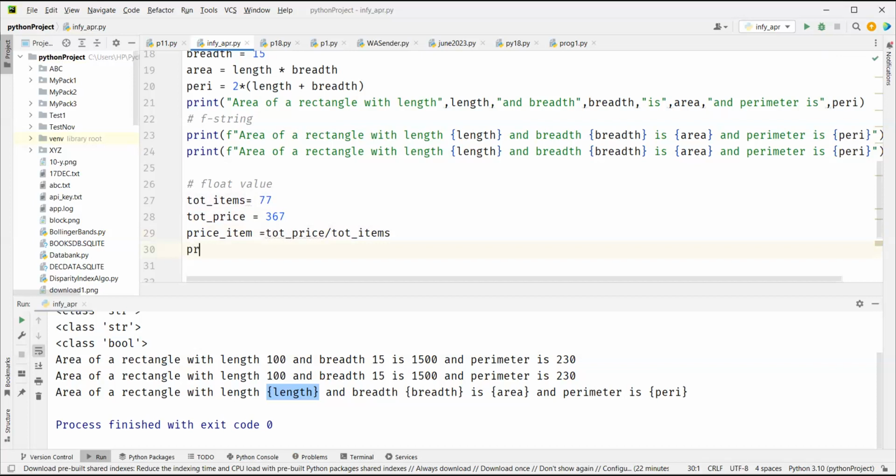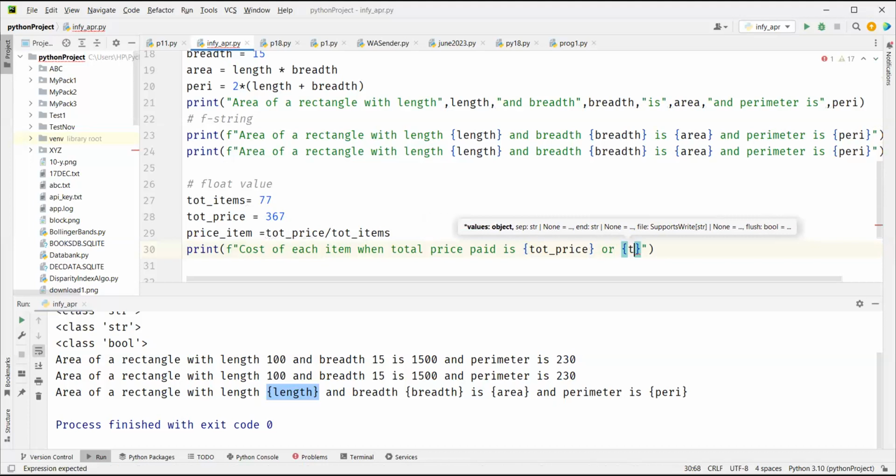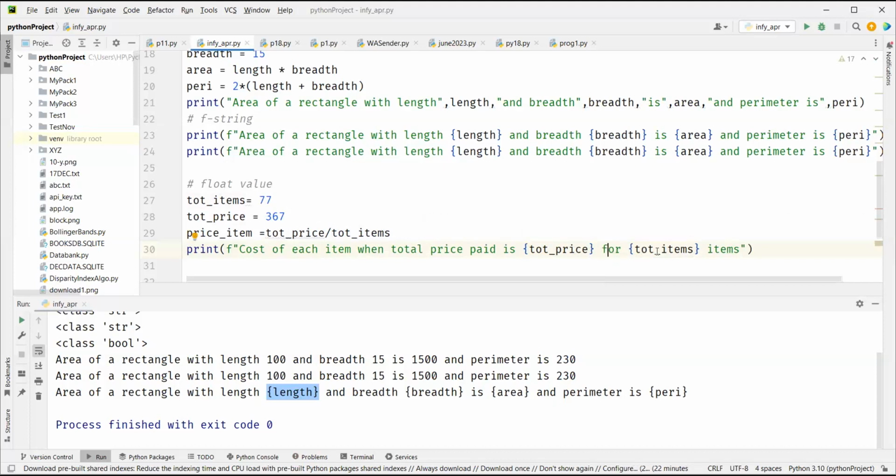So I'm going to say print F: cost of each item when total price paid is total price for, let me put total items here. Cost of each item when total price paid is so much for, okay, this is for 77 items is